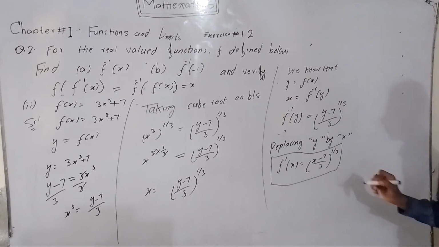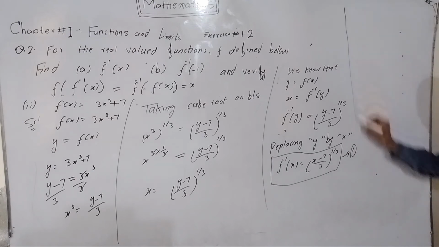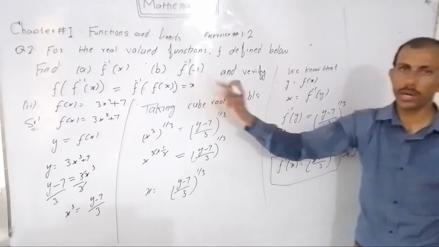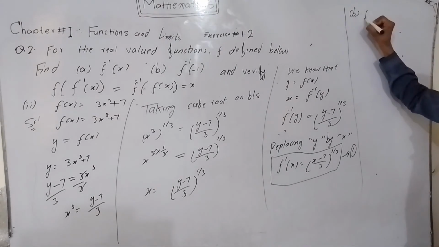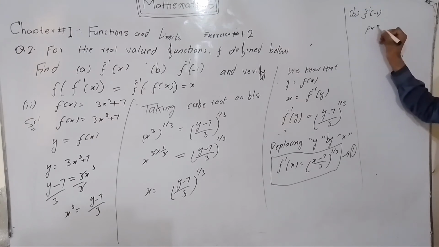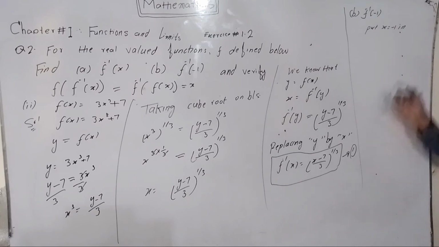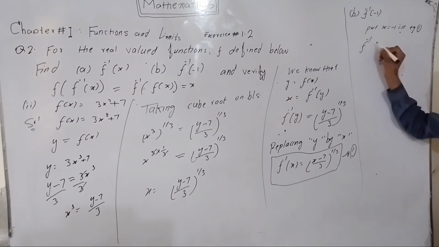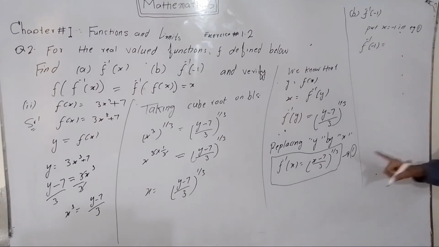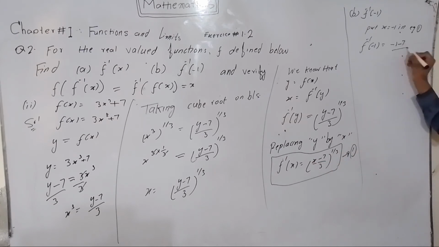Next, equation number 1. Put x is equal to minus 1 for the second part, f inverse of minus 1. Solve. So put x is equal to minus 1 in equation 1. So f inverse of minus 1 is equal to minus 1 minus 7 divided by 3